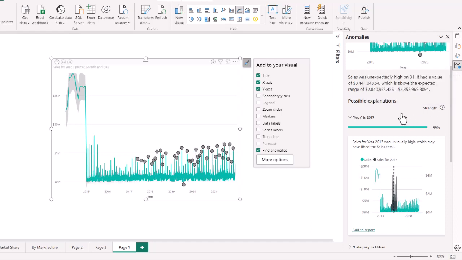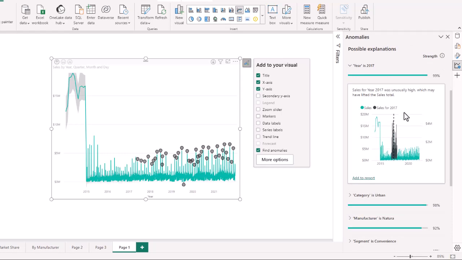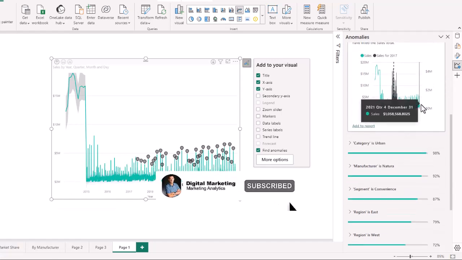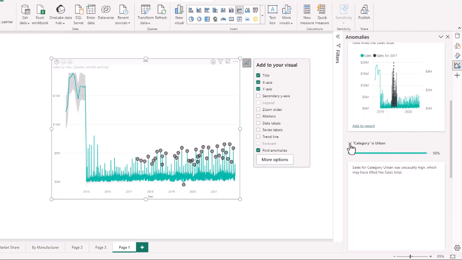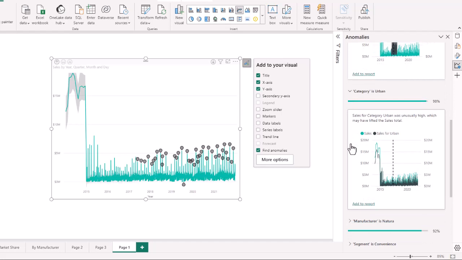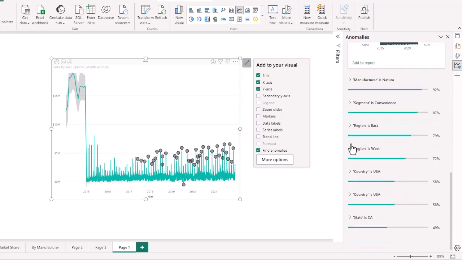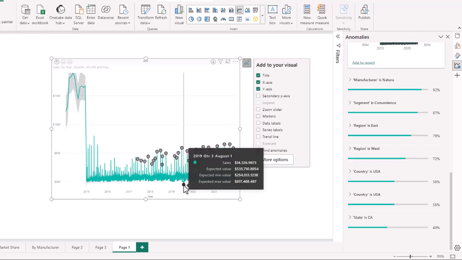So the first possible explanation is the year is 2017. And in this data set, sales for year 2017 was unusually high, which may have lifted the sales total, and they're giving that a 99% strength. Now, the second anomaly is category is urban. So if you click on this, it is at 98%. Sales for category urban were unusually high, which may have lifted the sales total. And you go all the way down to 92%. And then the lowest one is the state is California at 49%. Now, again, the higher the strength number is going to help you try to find some correlation in those anomalies. So if we click on Q3